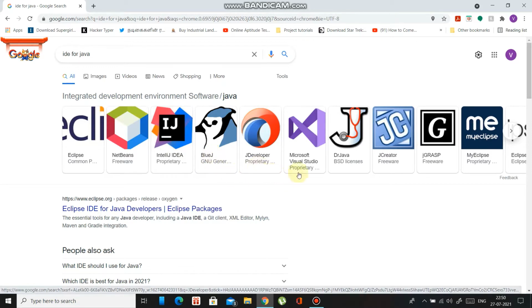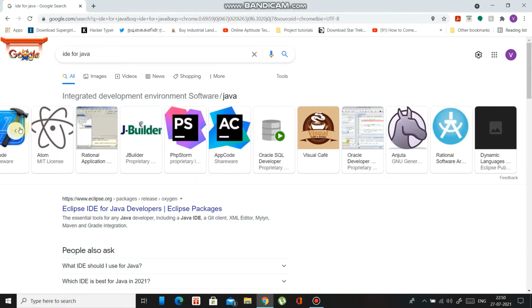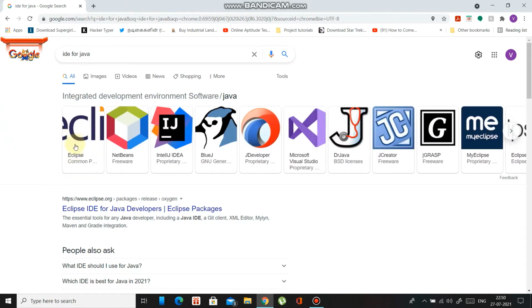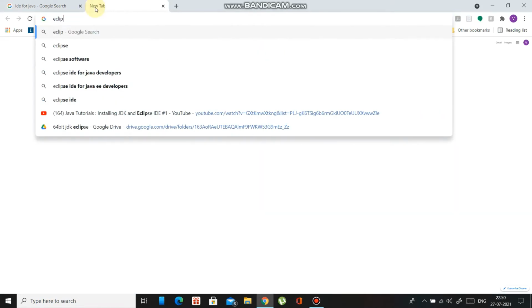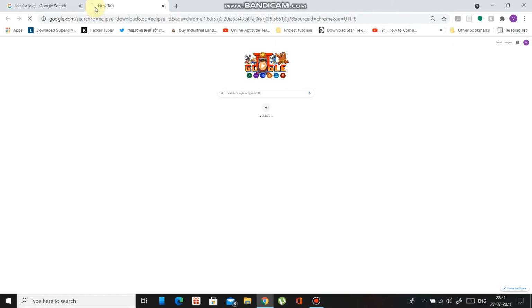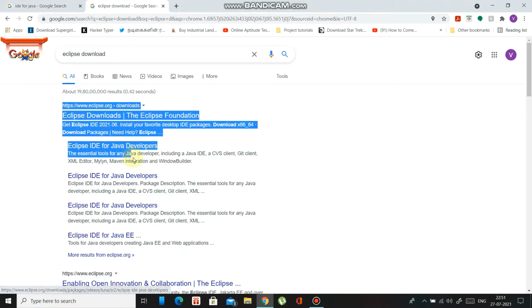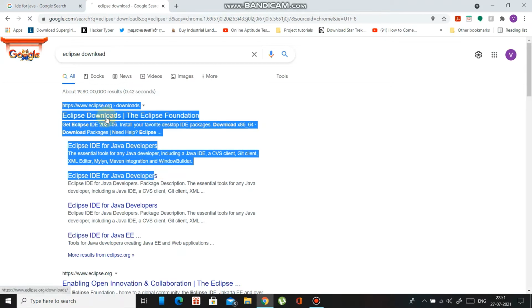BlueJ, JDeveloper, Microsoft Visual Studio, DrJava, JCreator. There are many more available, but the most highly used is Eclipse, and you can search for Eclipse download. And you'll see Eclipse Downloads, the Eclipse Foundation. This page will be displayed, and you can click on the first one,